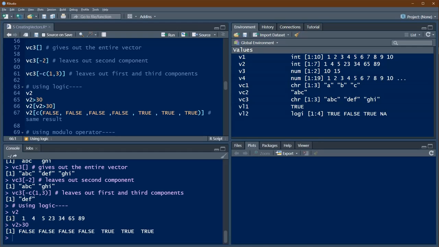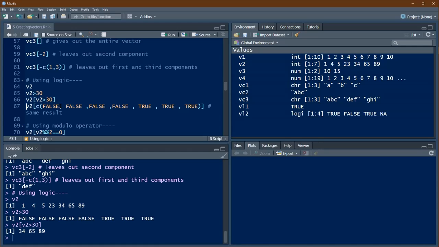Why do I say it's a vector? Because you see there is an indication here. This is the first element and naturally this is the second element, third element and so on. So in V2 we have got 1, 2, 3, 4, 5, 6, 7, 7 elements. V2 greater than 30 will also give you 7 elements. Now if I want to select from the V2 vector only those elements which are greater than 30, I can pass that criterion inside as a vector. So this is the arrangement. The logical vector is passed, V2 greater than 30, the criterion is mentioned. Basically that works out as a logical vector and that vector is now passed as an index into V2.